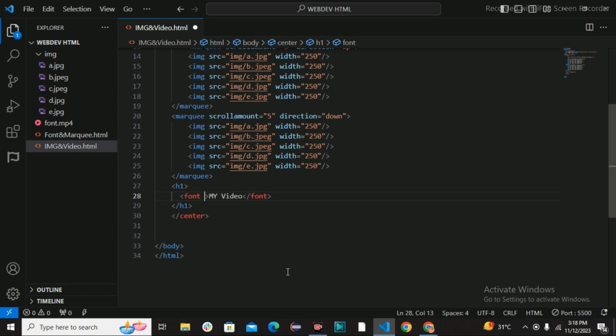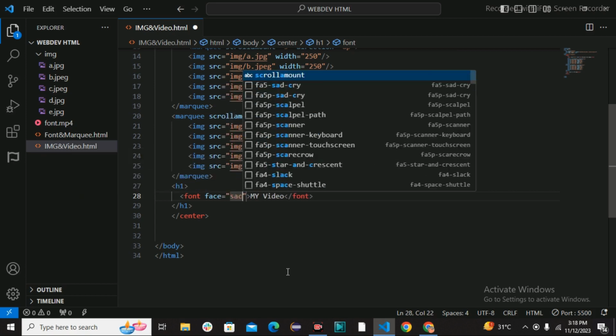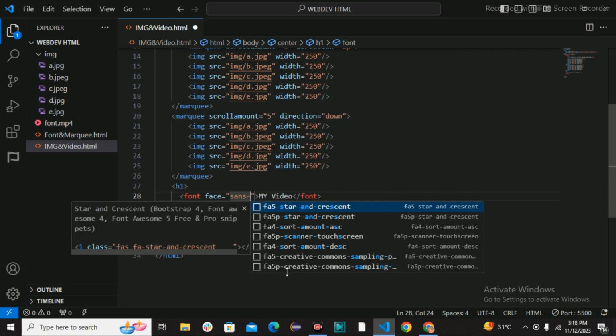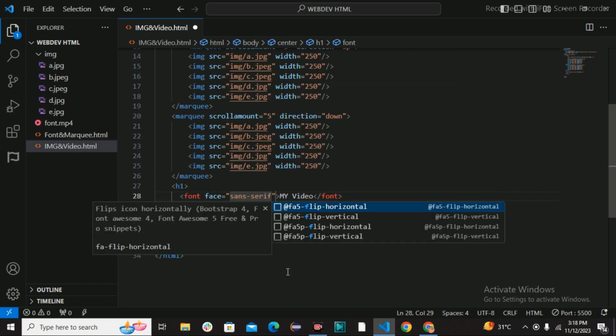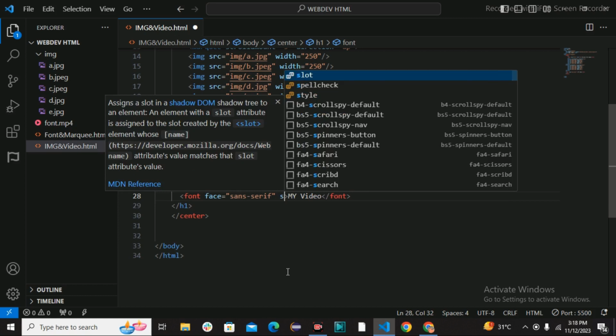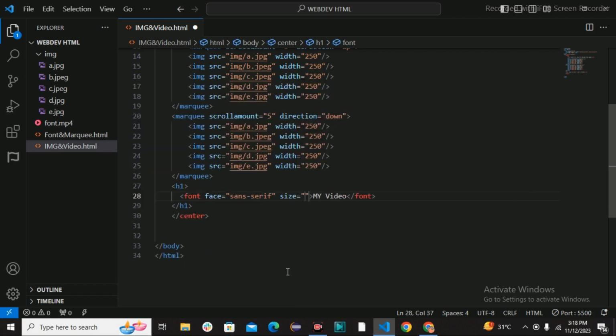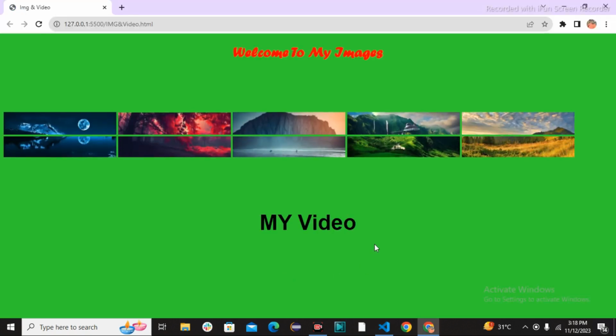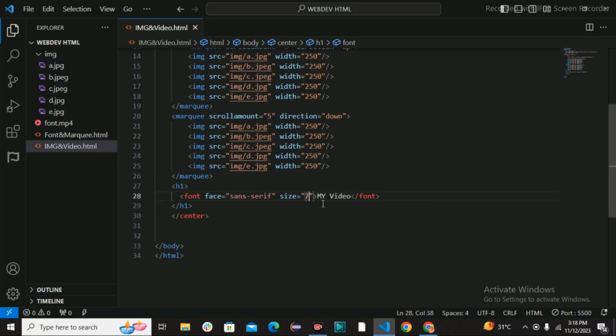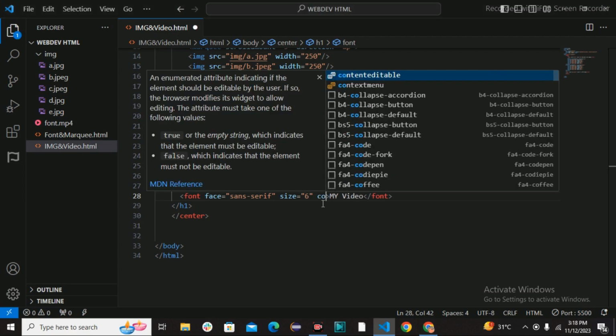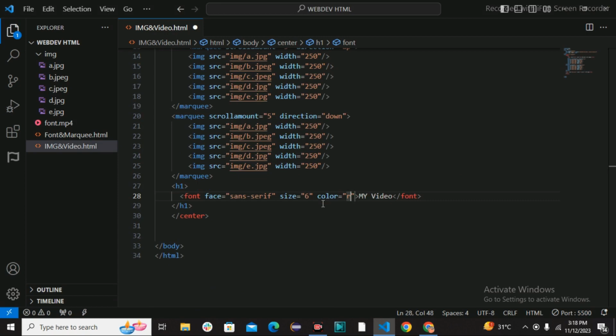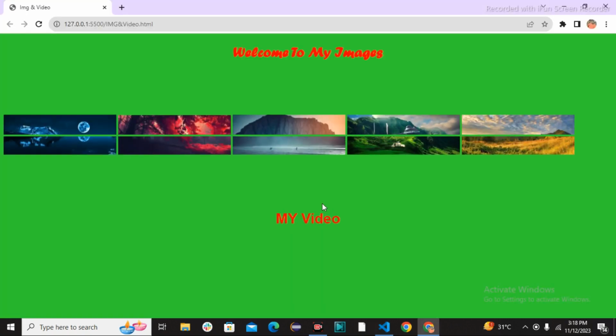Next one is face. I want to give face sans serif. Okay, and size is 7. See, it is very big. 6. Okay, and change the color to red. Okay,